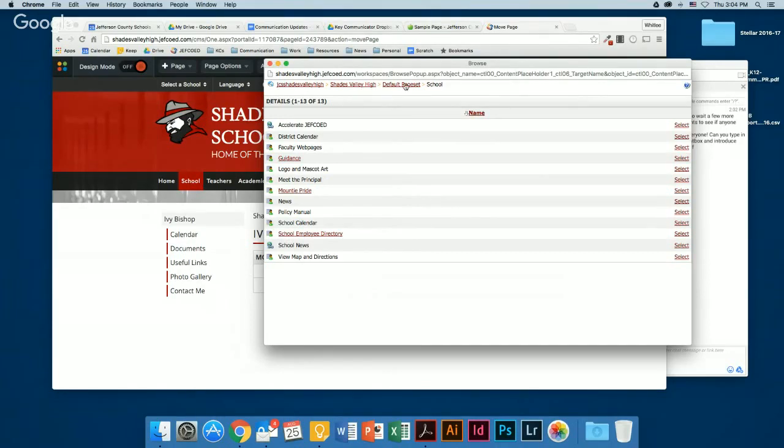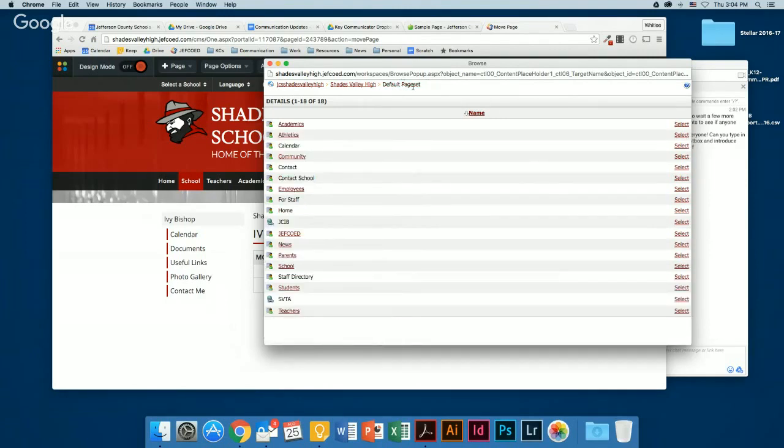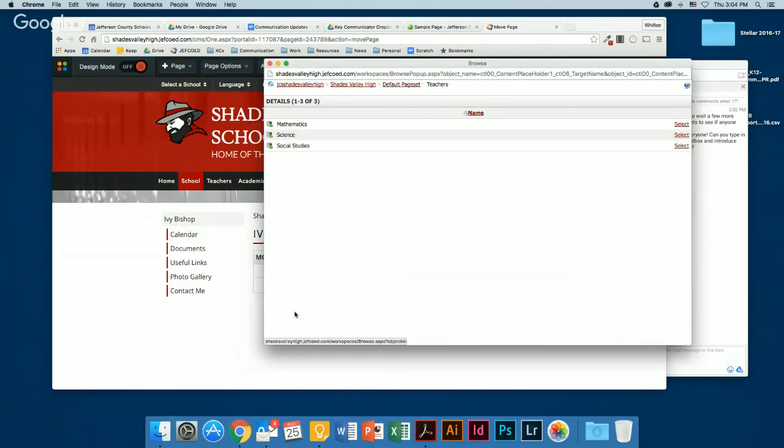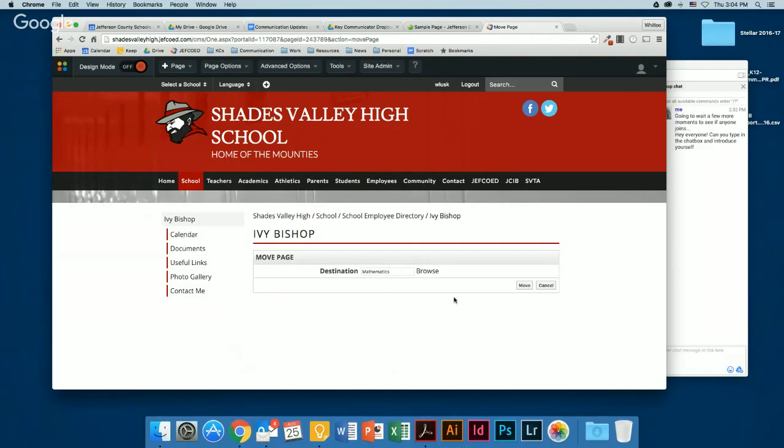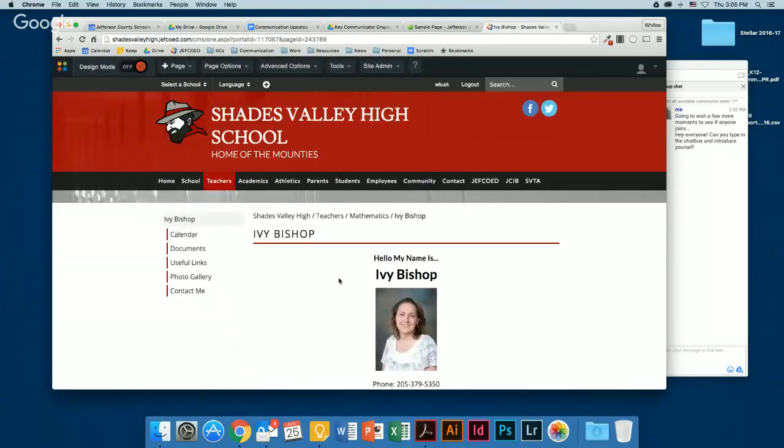It's on the main navigation bar. So I've got to go back one more to default page set, which is also the navigation bar, and click on teachers. Then I pick whatever category they are. Let's pretend she teaches math. Then my destination is mathematics. Move. And now she is under mathematics.